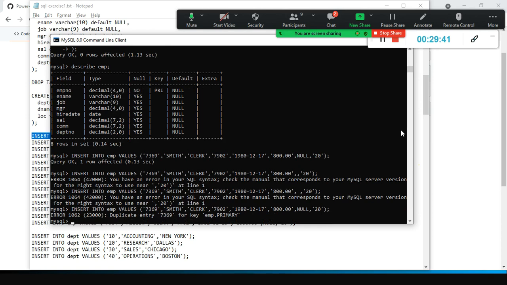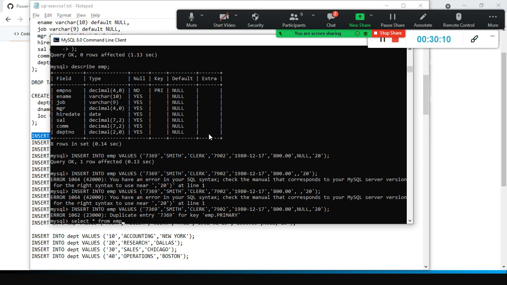So I am going to insert it once again. It throws an error: duplicate entry, primary key. The employee number, the first one, we already stored. Once again, if I try to insert it, no, it already exists. You cannot insert the same value again. So it is a duplicate violation. That means each person should have a unique Aadhaar card. But again, the same person also you cannot insert more than once.